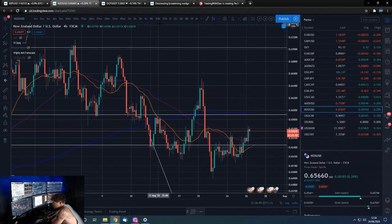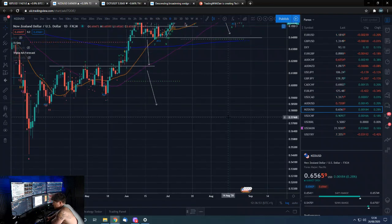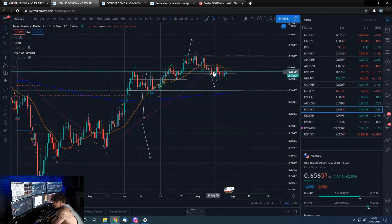New Zealand dollar, US dollar on the daily, this is not looking as bullish. Obviously, we have struggled a little bit more with this level here, so we've got to regain this level, probably trade out of this range and break it back above to see much more upside. But yeah, if we do lose this again, and start closing under here,